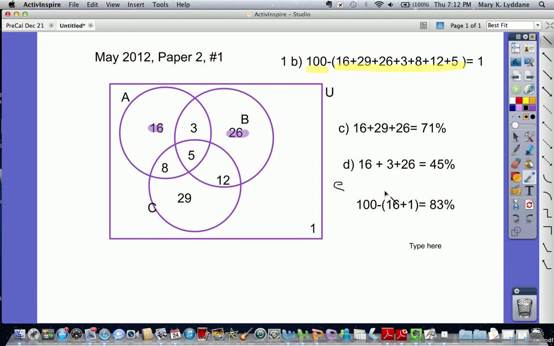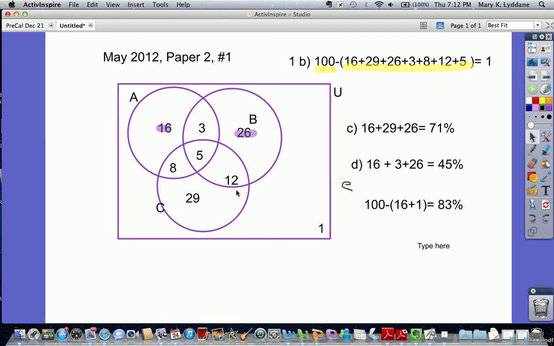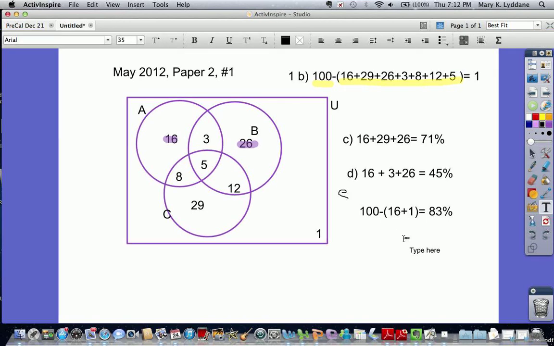At least 2 of the local newspapers, so I've got 12 plus 8, that's 20, plus 5, 25, plus 3, 28. So 28% of 120,000. Let's do 0.28